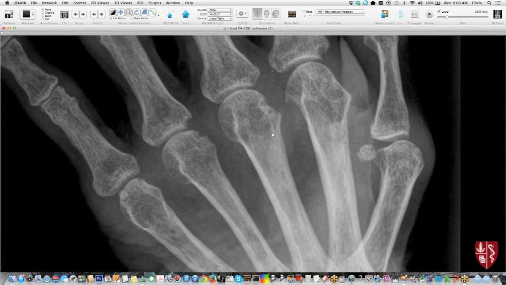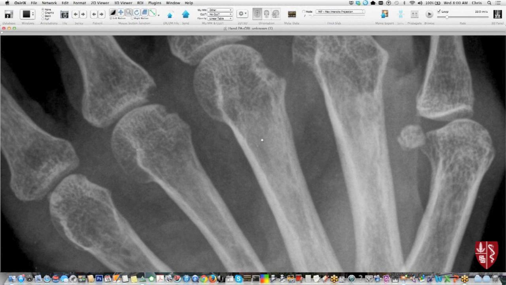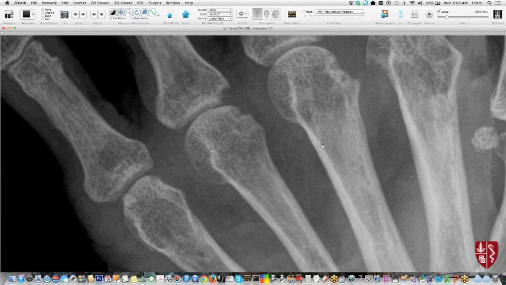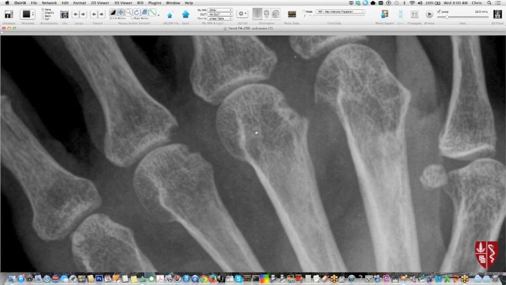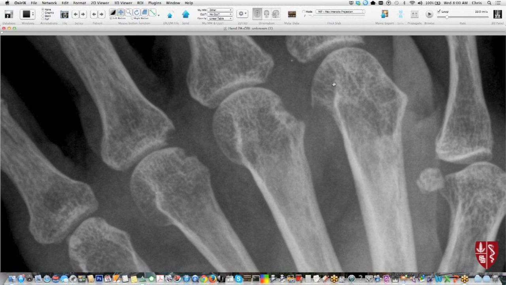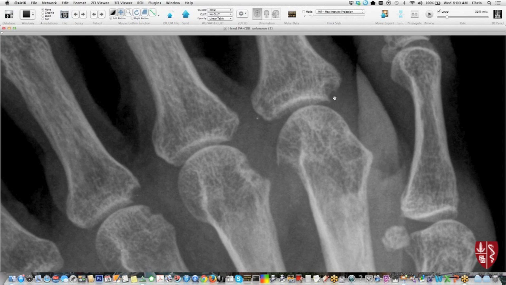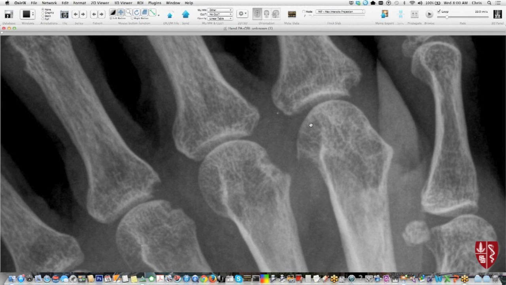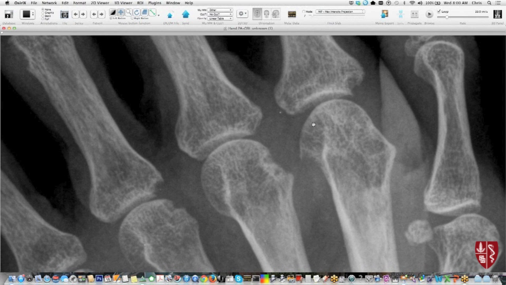So if I really zoom in on this fourth MCP joint here, you can see on this ulnar aspect, there's nice cortical bone along here. Here's the MCP, and there's a bite taken out of there. That's like a big erosion right there. And there's probably an erosion right here as well, an erosion there. So those are things you just shouldn't see in osteoarthritis or the non-inflammatory ones, and that would include, you shouldn't see this in